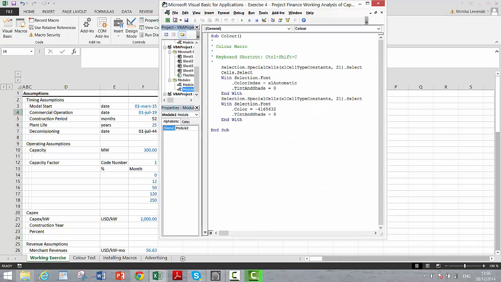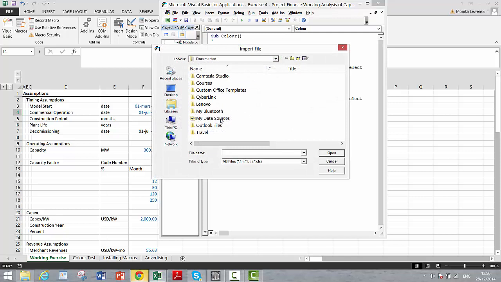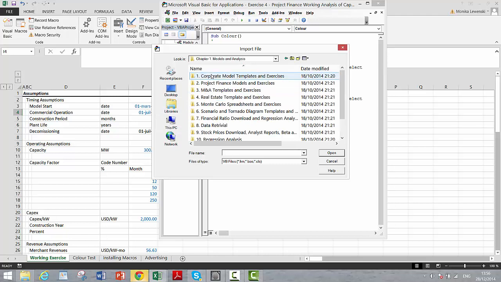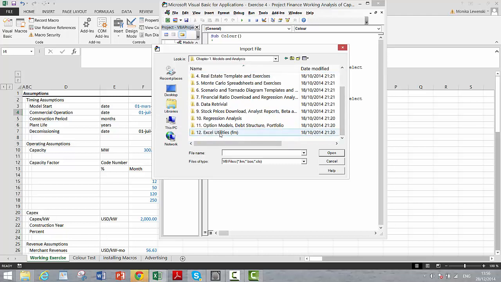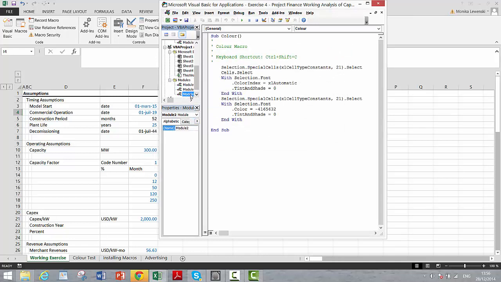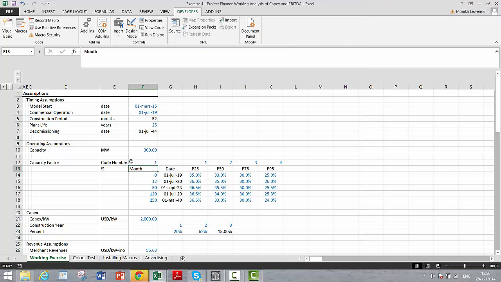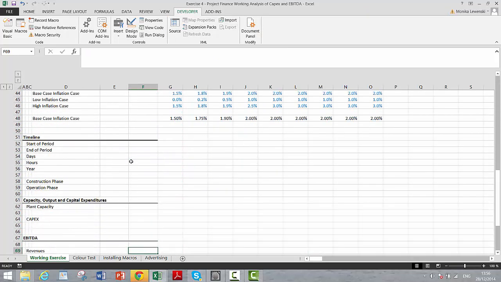It's going to put it in a new module, so we'll go to File, Import File, and I promise not to complain too much this time. Okay, there, I hope I'm doing the right one. Open it. That shouldn't have taken all that long. It makes a new module, and this one will run each time you open it, but now all of our macros will